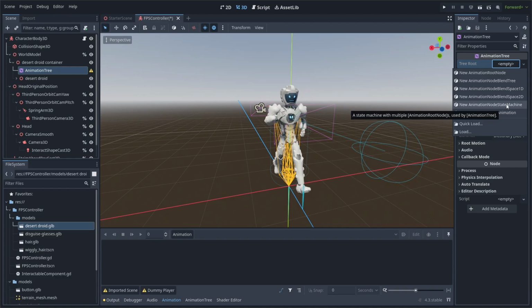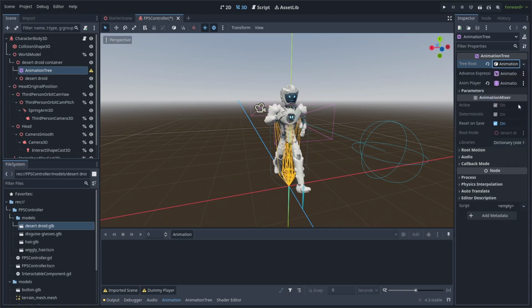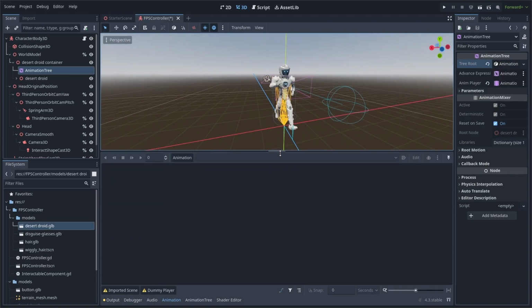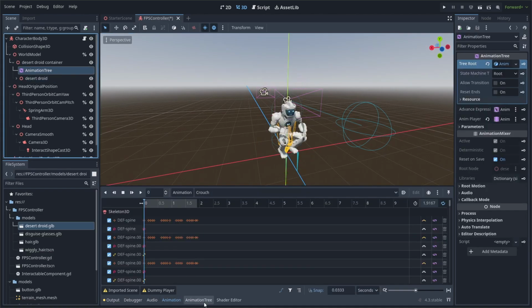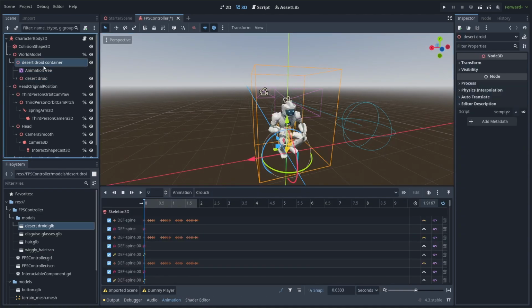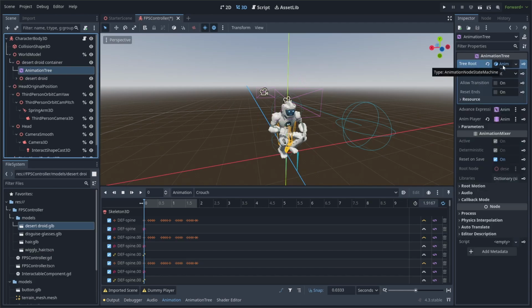And yeah, for this one, I'm going to be using a state machine, but as I said, you can convert between the two pretty easily. If you make a state machine and then decide you want to add a BlendTree as the root instead, you can copy your state machine and just put it as a node within a BlendTree later. So yeah, if you add an animation node state machine and assign the animation player, then you can go into the animation tree,